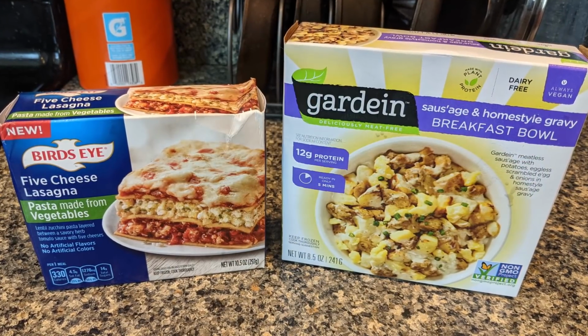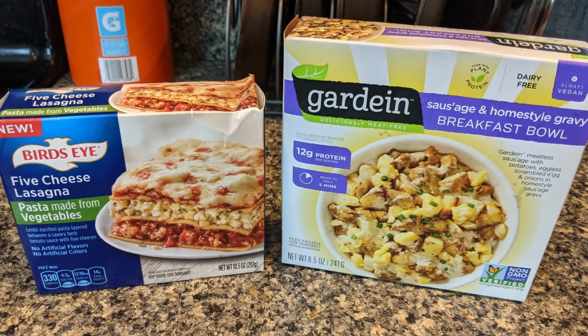It's microwave delight time. Yeah, and here we are in our new set, the lobby of a Howard Johnson's. Welcome. It's very inviting. Today we have two different meals. One is a bird's eye vegetarian lasagna. It's a spoonful of something. And the other one is a sausage and gravy breakfast bowl. Also vegetarian. For our beverage of the evening, we have...